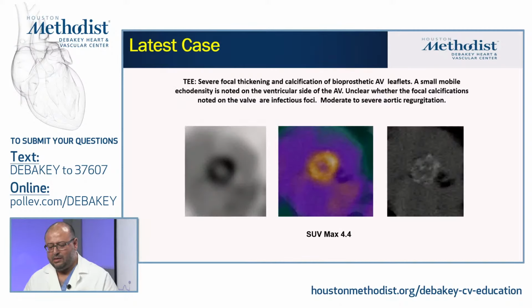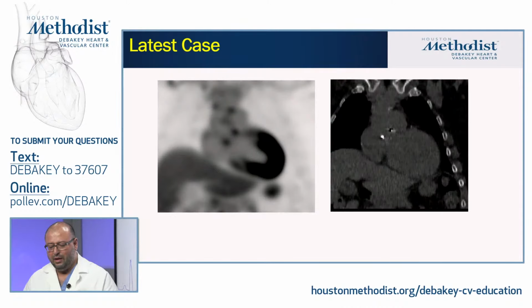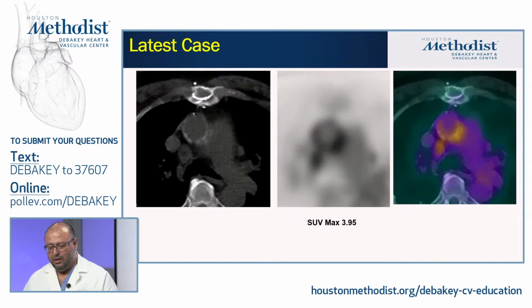For example, this is one of our cases. The patient had recent surgery, and there was a concern by TEE whether there is an infection. You can see low-grade but very homogeneous uptake, and on the CT there is some additional bioglue that was seen there, and this is not concerning for infection. You can see the bioglue here on this non-contrast CT. In the same case, you can also see the bioglue here.